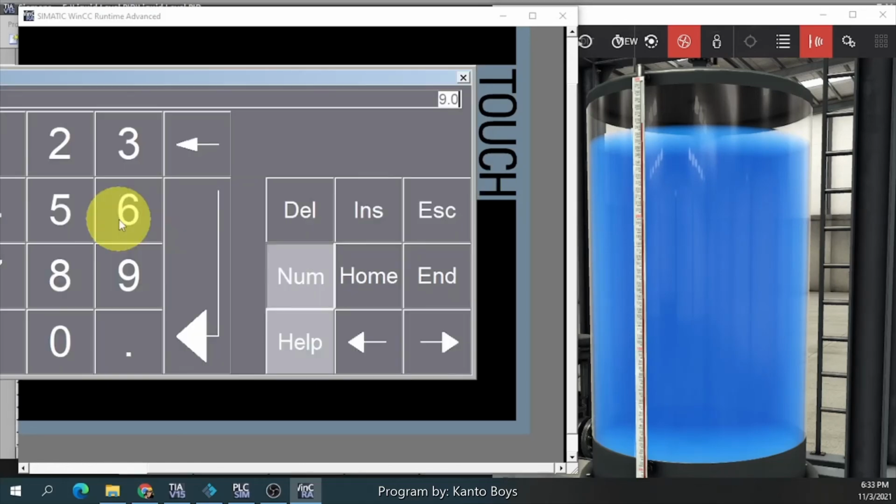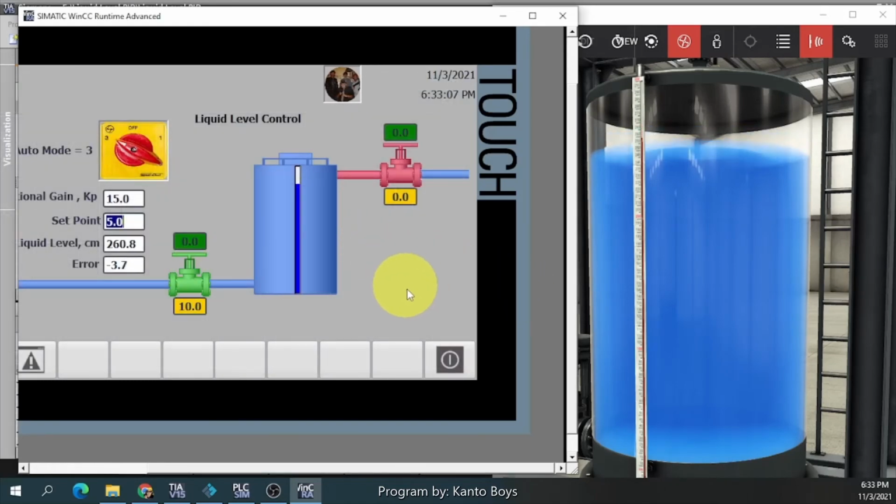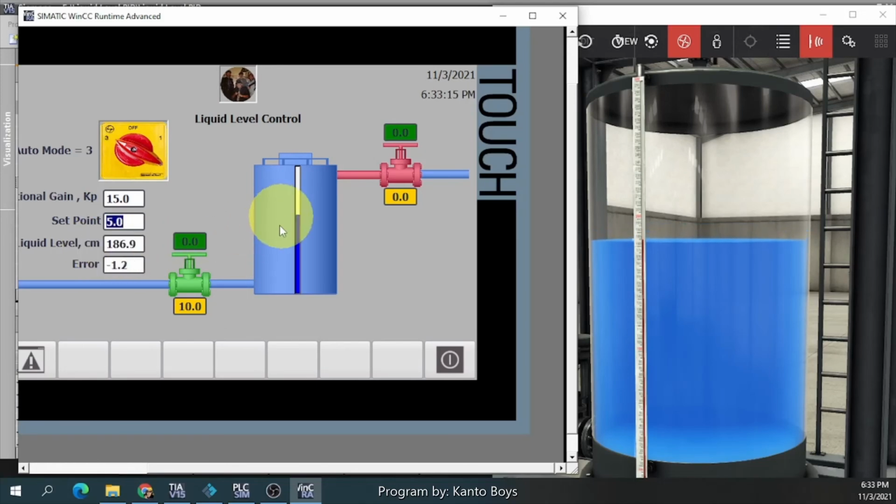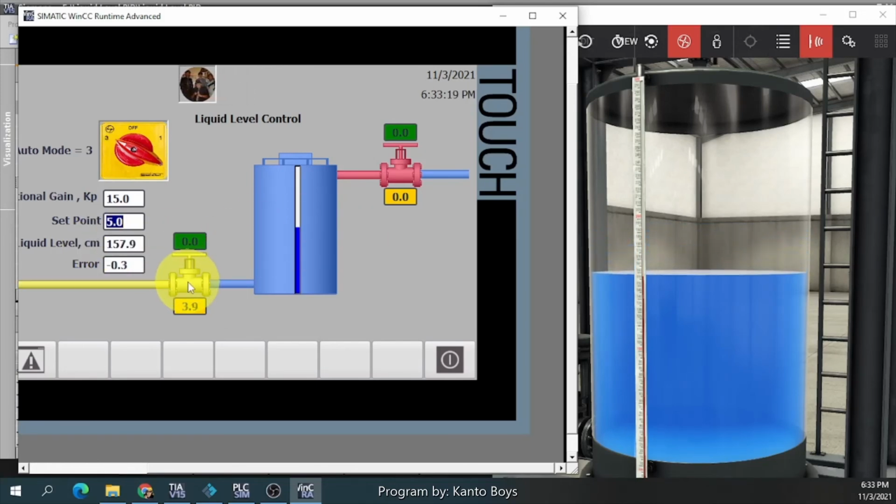Or you can change it again to a lower 5 volts, or 50%. So 50% of 300 means it will be 150 centimeters. So the valve will be closed.